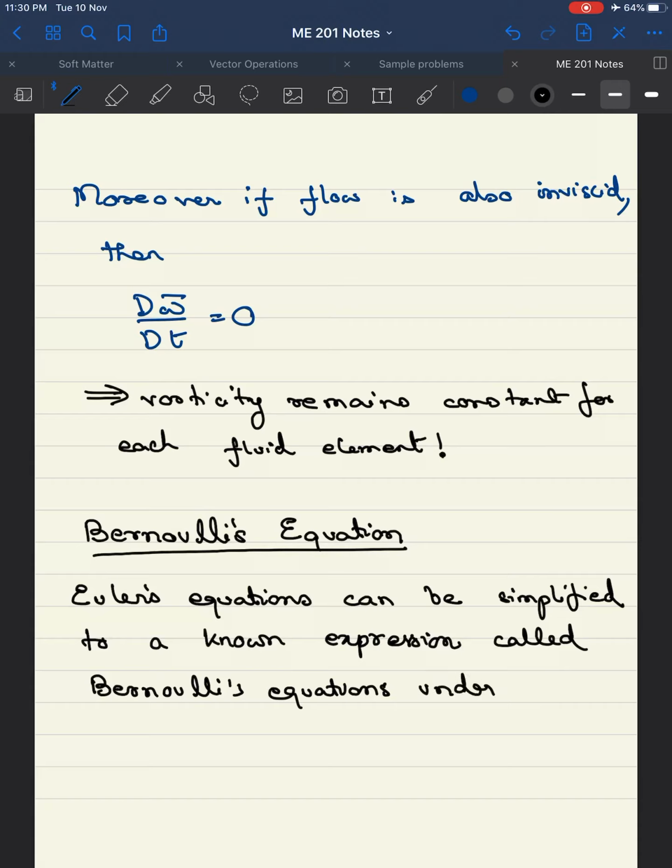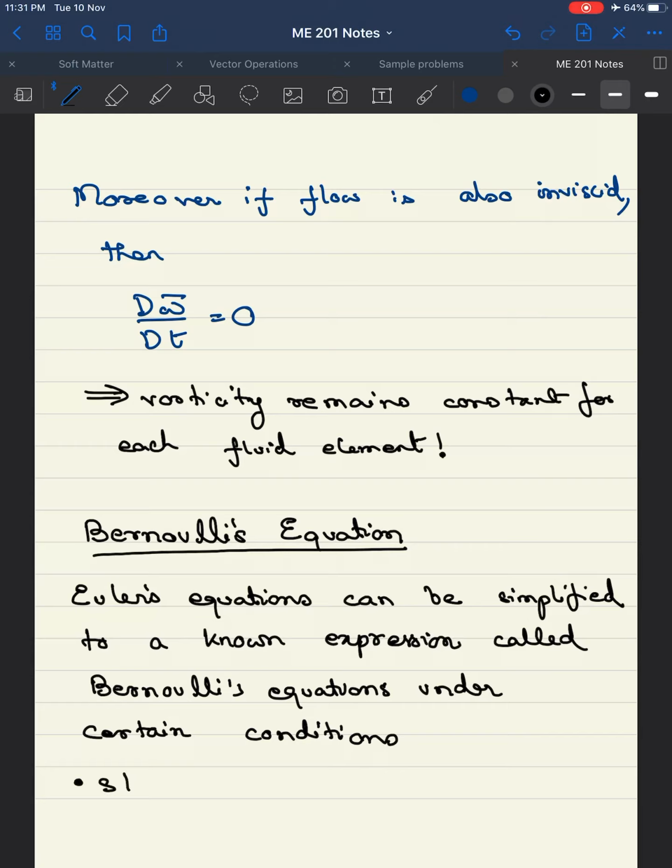So not always, under certain conditions. We have already started off with an assumption, by the way, that we are dealing with inviscid flow. That's why we said Euler's equations, right? So Bernoulli's under certain conditions, and these conditions are